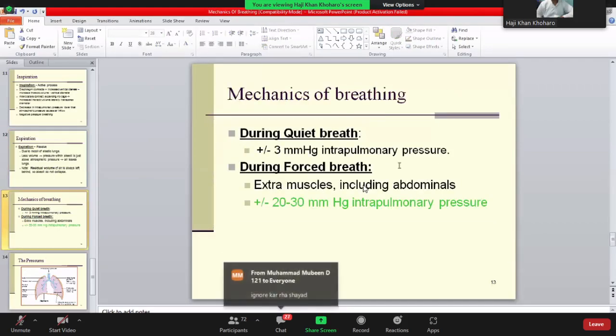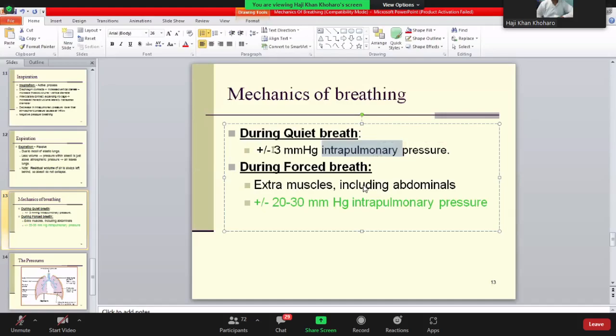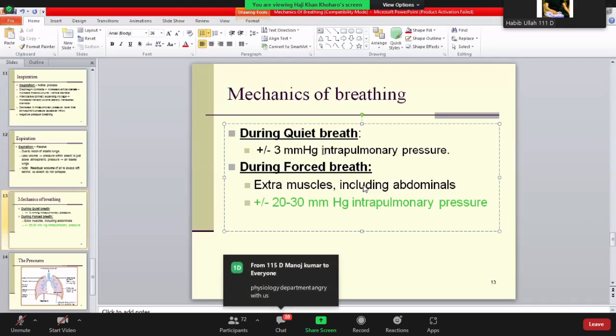Now, this is a very important slide showing the pressure differences between quiet breathing and forced breathing. During quiet breathing, the intrapulmonary pressure becomes 3 millimeter mercury less than atmospheric pressure, and this causes inspiration. And if it becomes plus 3 millimeter mercury, expiration occurs. Now remember, during quiet breathing, the negative intrapulmonary pressure occurs because of muscle contraction, usually the diaphragm and other muscles,